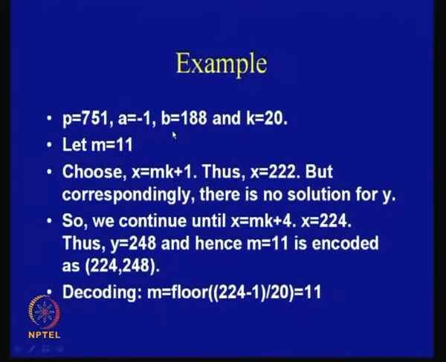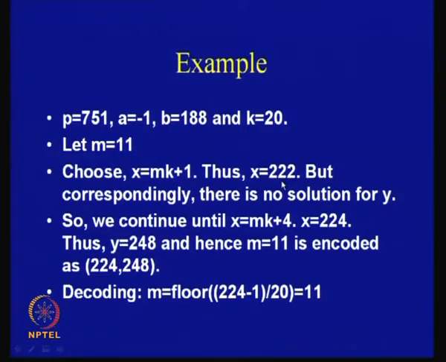I will give an example on this. Suppose p is 751, a is minus 1, b is 188 and k is 20. Let these be arbitrarily chosen values, and your m is again 11. And I choose x as x equal to m into k plus 1. So, here if I take m being 11 and k being 20, if you multiply 11 into 20 and add 1, you get